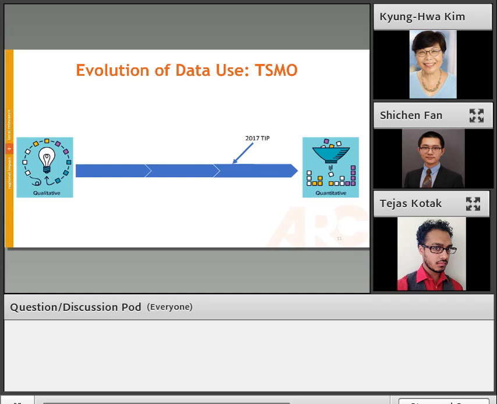It was based more on the broad goals of the project and on the assessment by professional staff just from the project description. In 2017, we overhauled our TIP evaluation process to become far more quantitative, and we especially focused on how to make our TSMO program a lot more quantitative and data-driven.